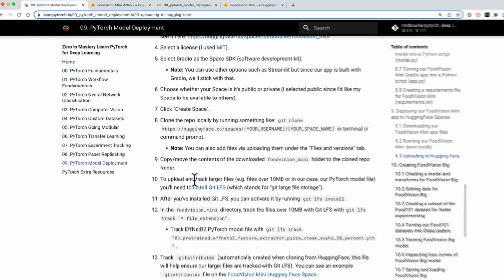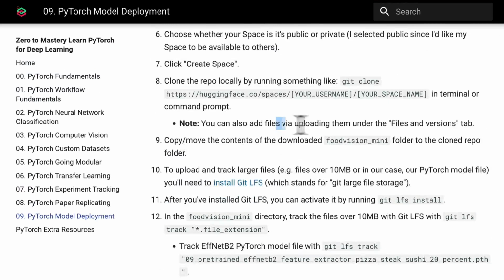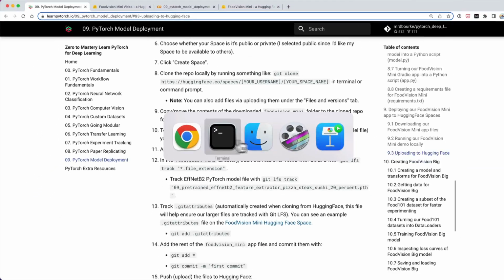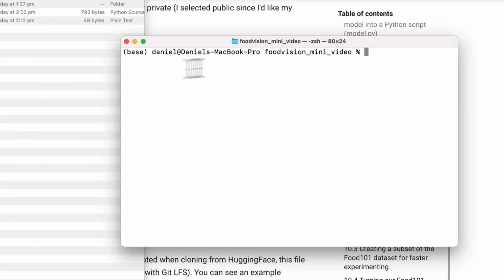So let's come over here. Let's say we've cloned the repo locally by something like that. We've done that. We could also upload the files manually by the Files and Versions tab. We've seen that. Number 9, copy/move the contents of the downloaded Food Vision Mini folder into the cloned repo folder. So this is where we're going to need to get the files from Food Vision Mini into our Food Vision Mini video demo file. So let's check ls